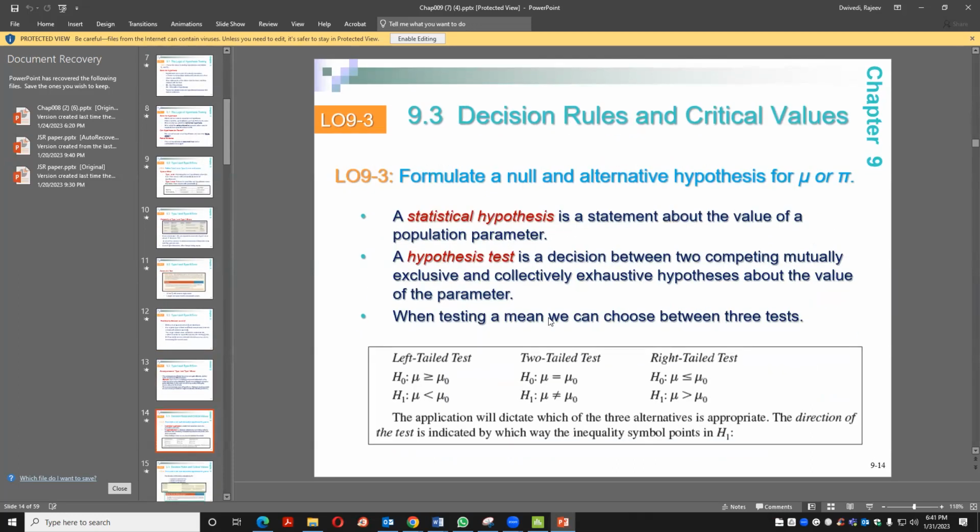So now we have three different types of hypothesis. We spoke about the two-tailed test, which is equal or unequal. What about when the question is talking about more than or less than? Then we also have the option in Minitab. Let's say